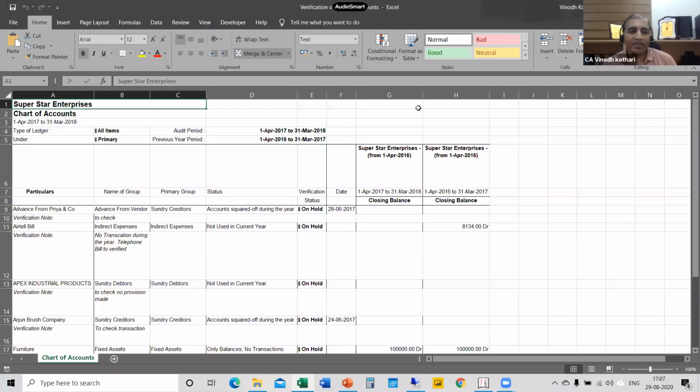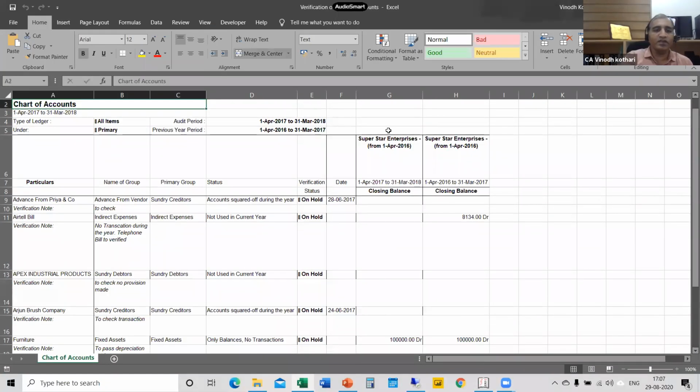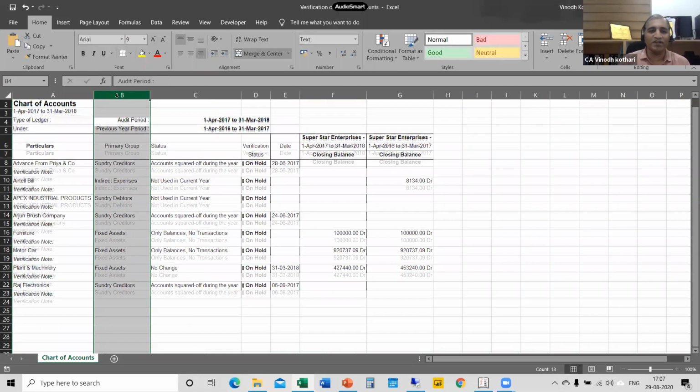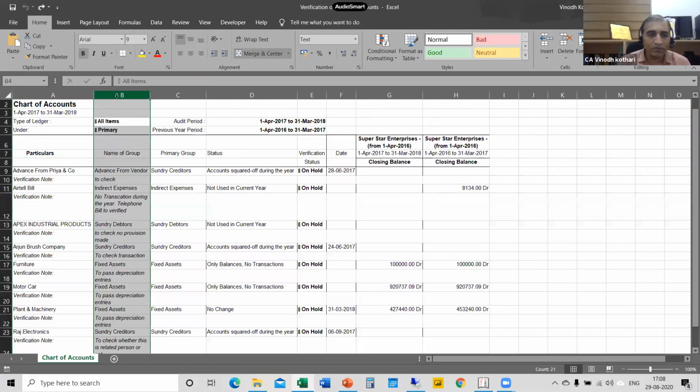So now whatever my query is, you can see here that this is the query from this party. This is the grouping. So if you want, you can remove this, whatever formatting you want, only those. So the verification note is available here. Whatever verification note is there, I normally do some formatting here.